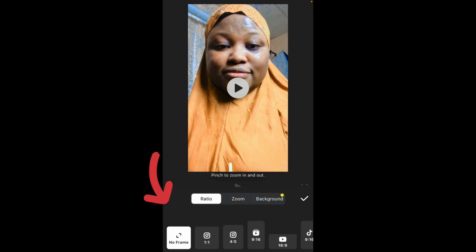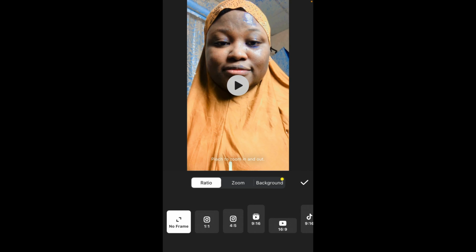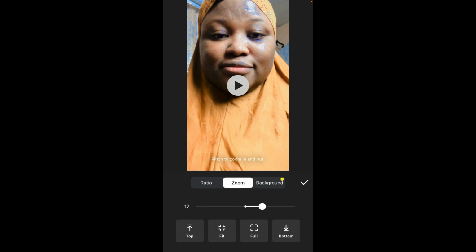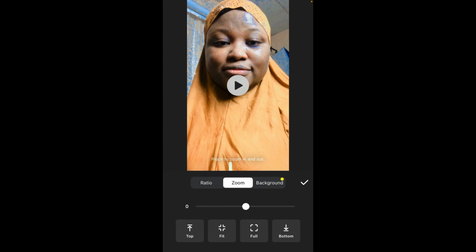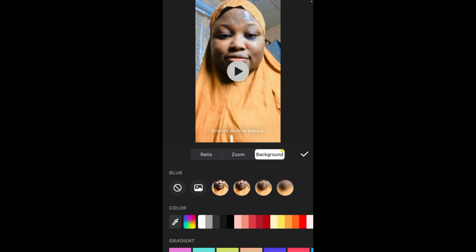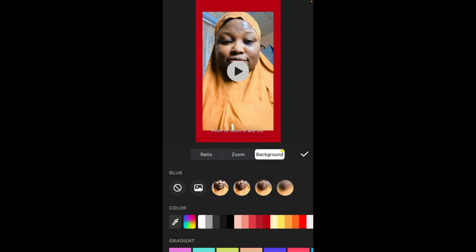This canvas is what kind of frame do you want it to have? Is it reels frame? If you are thinking about changing the frame, you can just use this reels frame, because we are creating a reels video. Click on this reels frame, use it. It's still the same because that is just the mode it is. Then if you want to zoom the video, you can zoom it, or you can just leave it. And if you want to change the background, you can change the background by selecting anything,